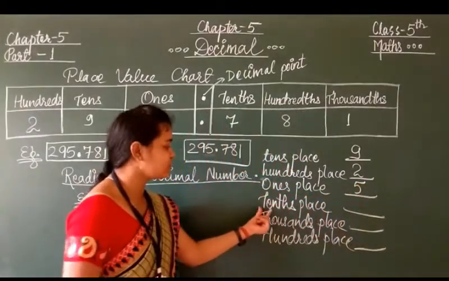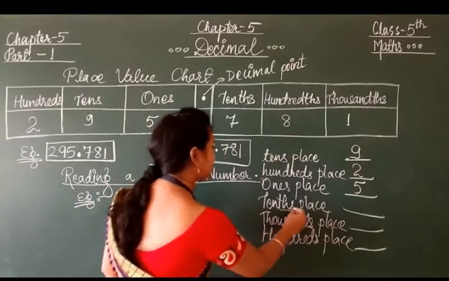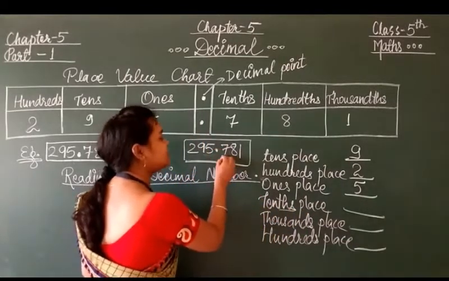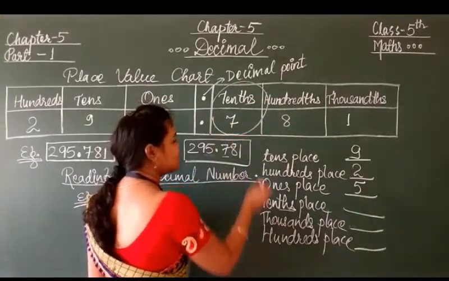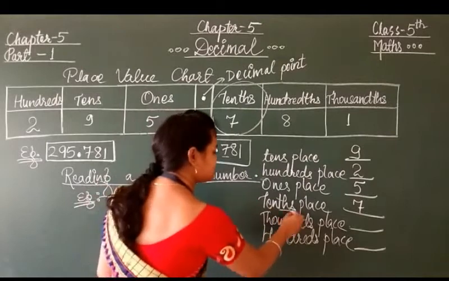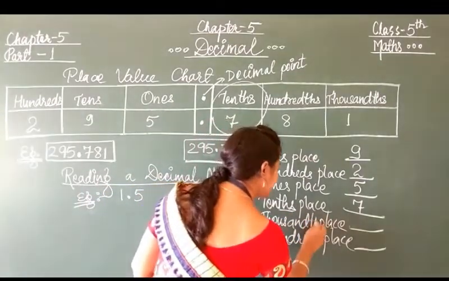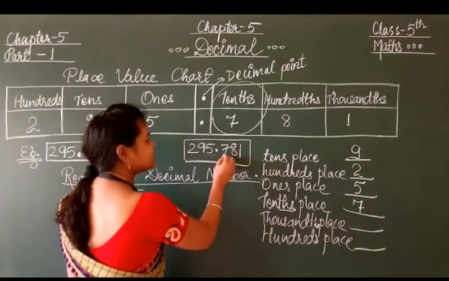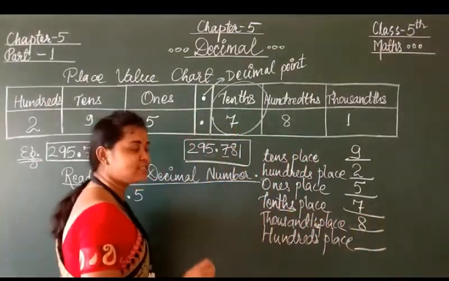Now students, the question is tenths. So tenths place is there. So T and THS. So see, after decimal 7 is in tenths place, as I had told you here. See 7. Okay. So we will write here 7. Tenths place. Then thousandths. Thousand THS. So see students, tenths and thousandths. So 8 is in thousandths place.